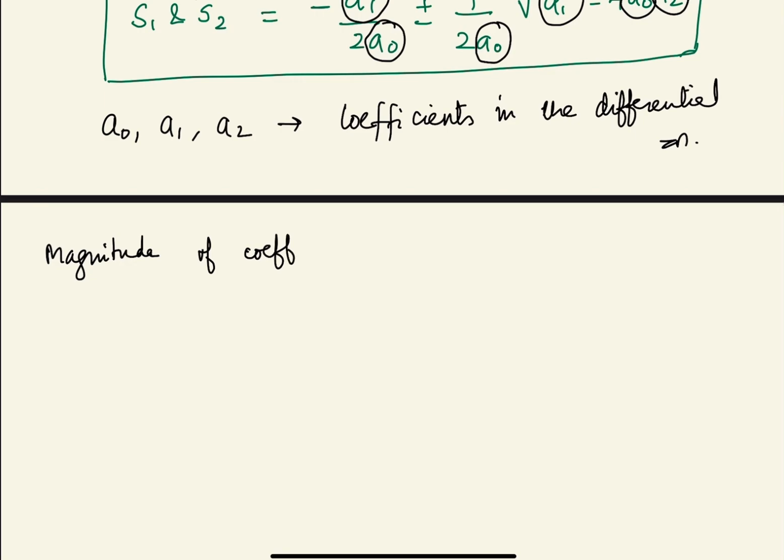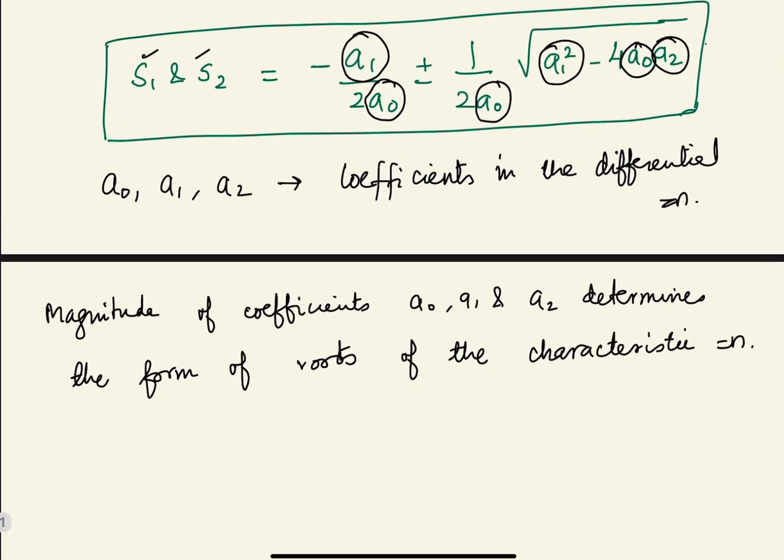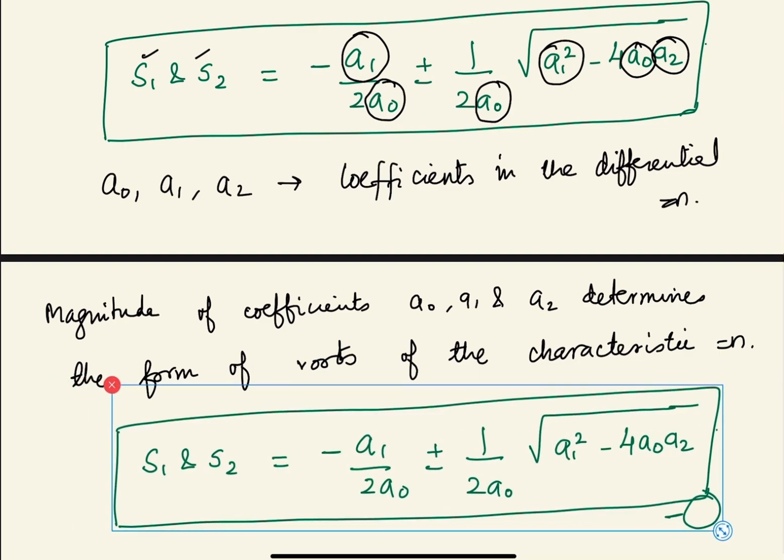the magnitudes of coefficients a0, a1 and a2 determine the form of roots of the characteristic equation. Okay, so how does it determine the roots of the characteristic equation? Because if you see this term,